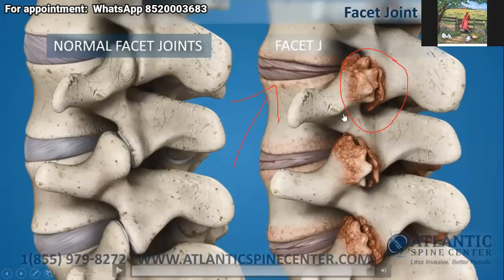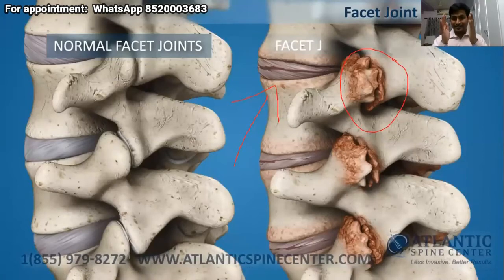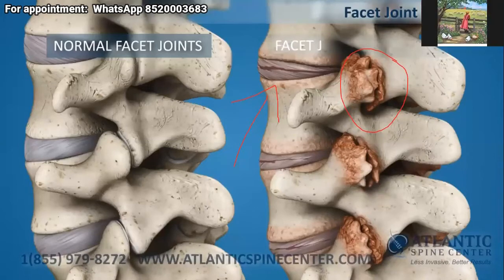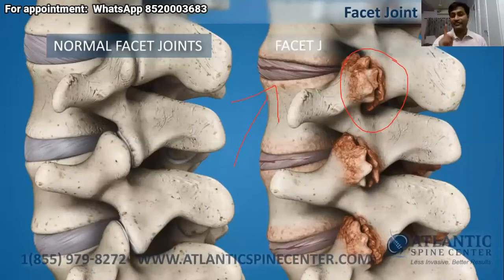So from your examination, which you are very good at, aided by radiology, you will have to decide which is the cause of pain. In 90% of the cases where the affection is single level, you will be able to make it out with your clinical judgment and radiology. The problem comes only when there are multiple levels and you want to decide which level to treat. Suppose your treatment is not affected by the number of levels involved, then it doesn't make much of a difference.